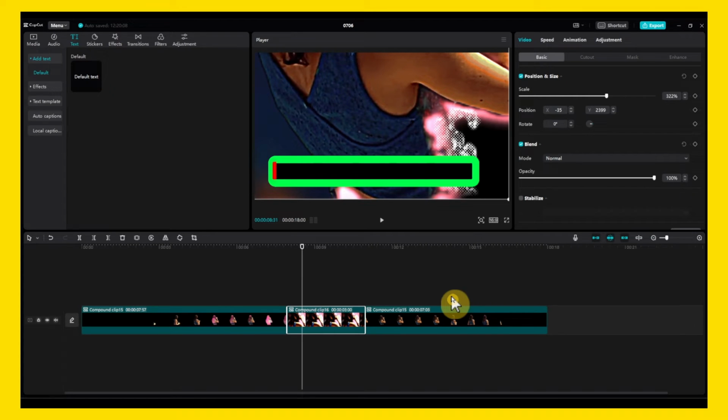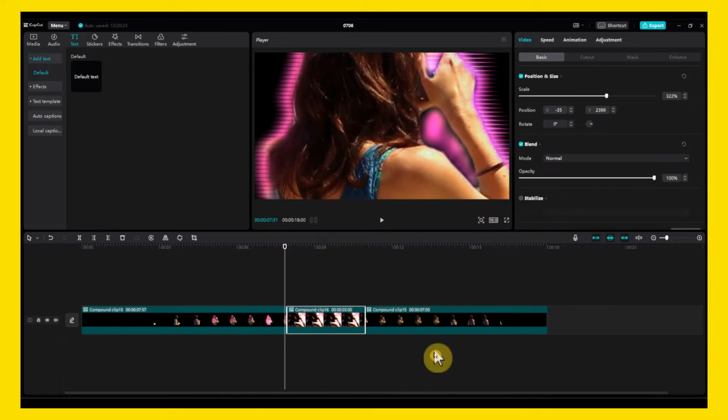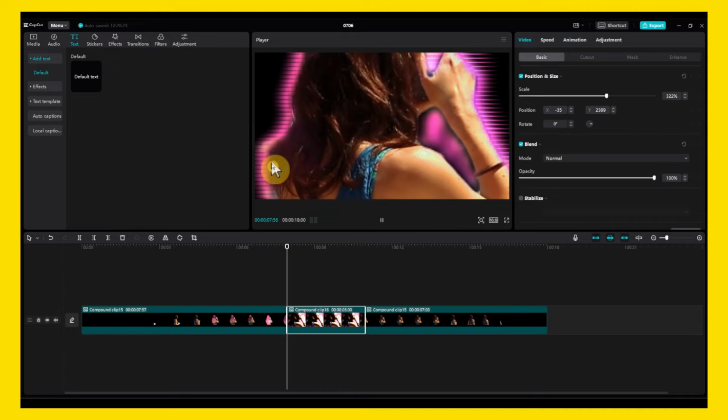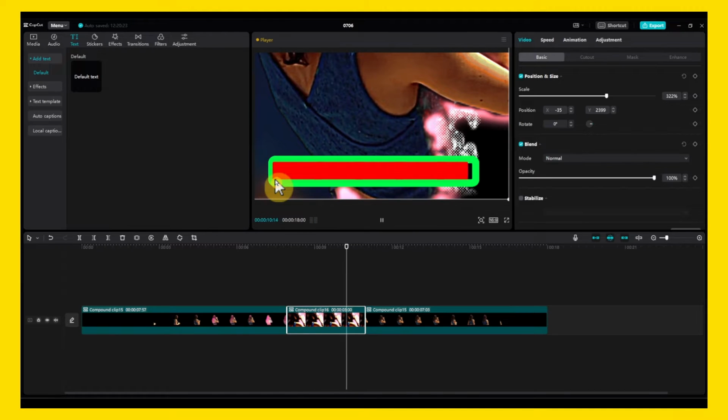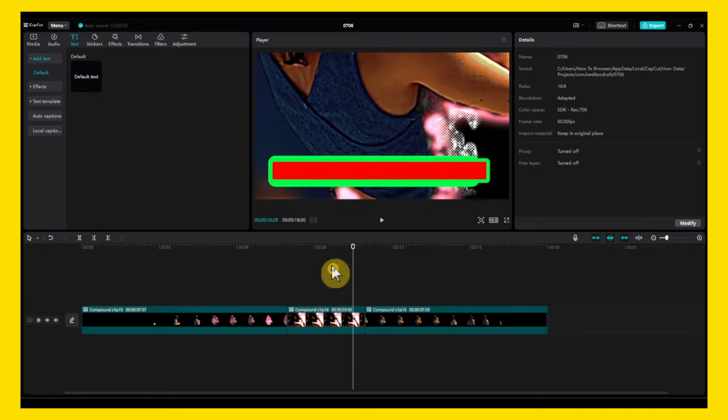Welcome guys to a brand new CapCut PC tutorial, and I'm gonna show you a very interesting effect that you can create: how you can make a progress bar in CapCut PC. It looks really good actually, and it's very easy to create in fact,